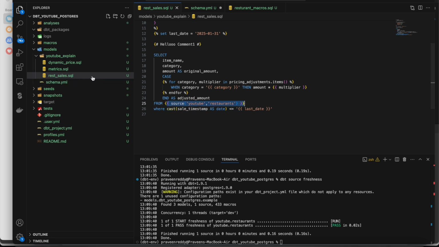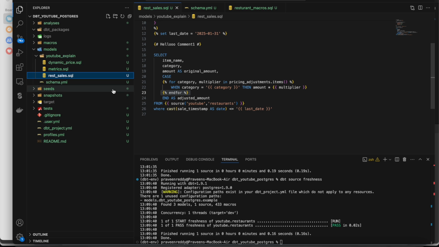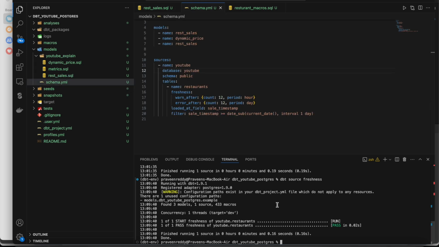Another thing, and the topic for today's video, is source freshness. So what is source freshness? Let's assume that based on our final models, there are some reports being generated. Let's assume we don't know whether the source data has been refreshed or not. We are not aware. In that case, reports get impacted, right? If the data has not been refreshed and you run the model on the old data. So dbt provides an option called dbt source freshness, where in the schema.yaml, inside the table, or